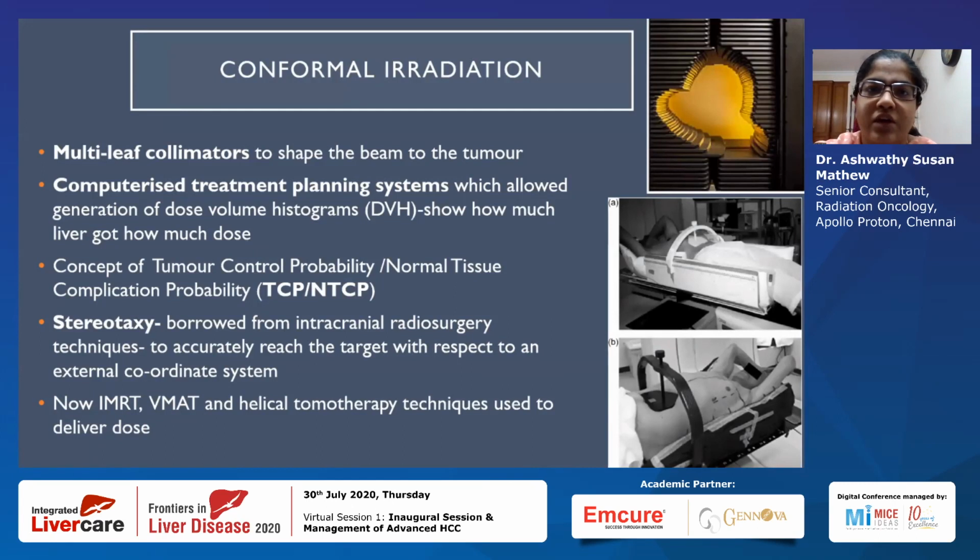This included conformal irradiation, which used multi-leaf collimators to shape the beam to the tumor. Computerized treatment planning systems were suddenly available, which allowed the generation of dose volume histograms, which basically showed how much of the liver got how much dose. The concepts of tumor control probability and normal tissue complication probability came up, and stereotaxy, which is how to accurately reach the target with respect to an external coordinate system, was borrowed from the radiosurgical concepts in the brain